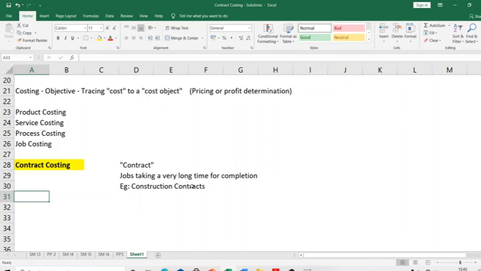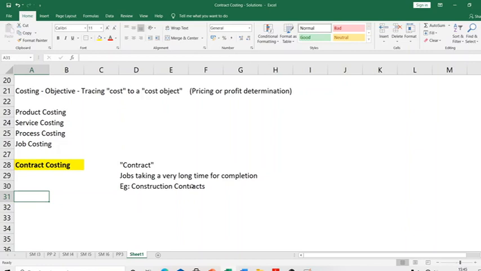He has probably given me only a little bit of money. He has not given me full money because I have not completed my job. The second year, I incur a little more cost, complete the job a little more. Then finally, in the third year, I complete my full job. I sell it to my customer. He pays me whatever he has to pay me, or whatever he has not yet paid, he pays me.